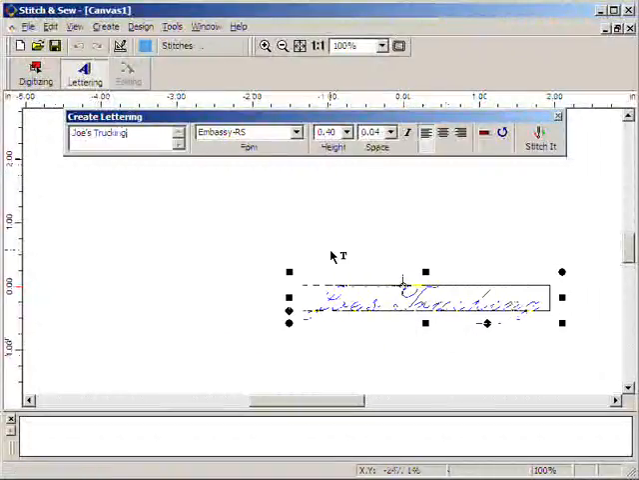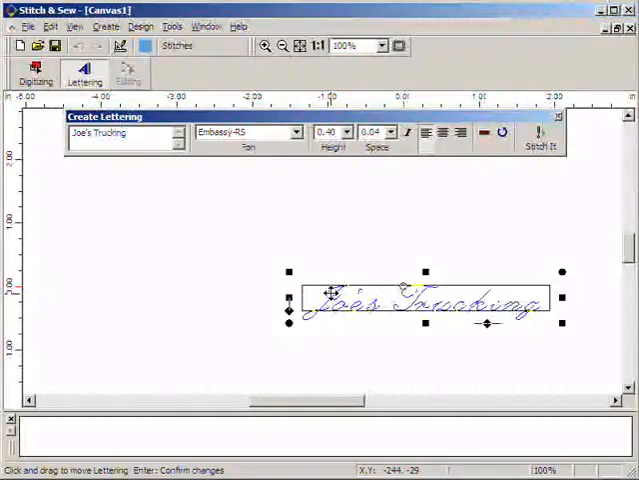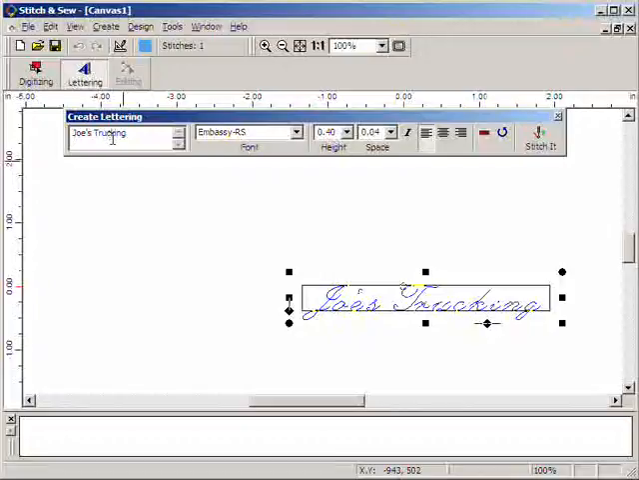What happens is the letters appear immediately in whatever font we used last. So what Stitch and Sew is trying to do for you is remember what you did last, just in case you want to do a lot of that, so that you don't have to be clicking around any more than necessary. Now, after we've typed in our text, on to the right,